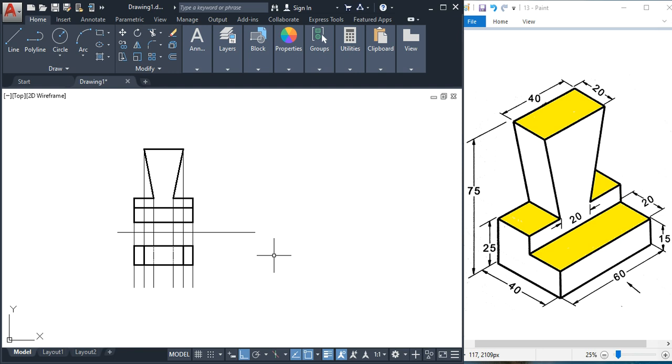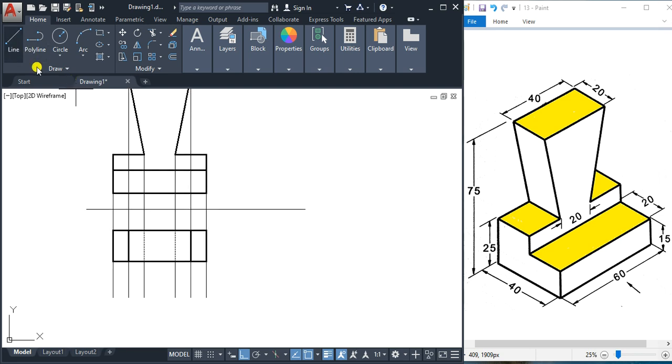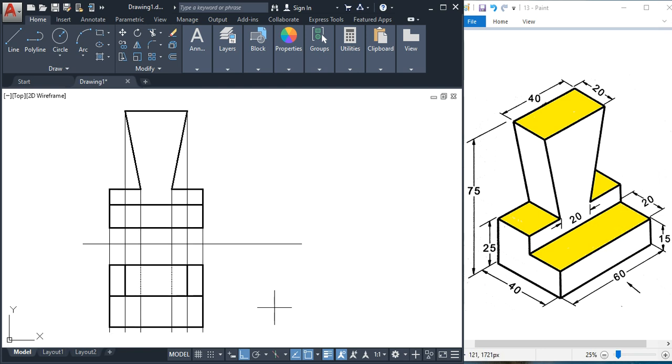If you see, again we have to draw one more 20 by 60 rectangle here. So here we'll take 20, and we'll directly draw a parallel line with respect to the reference line. We can join here, such that this indicates this surface. So this indicates the top view of this object, and we have to draw the side view.